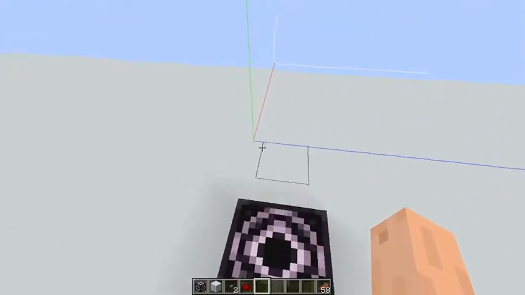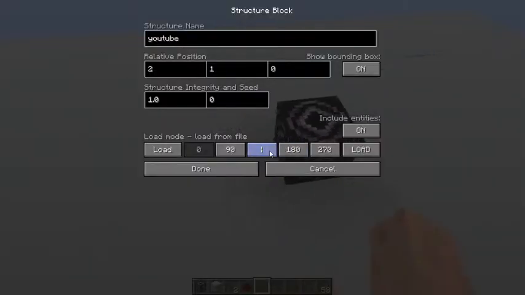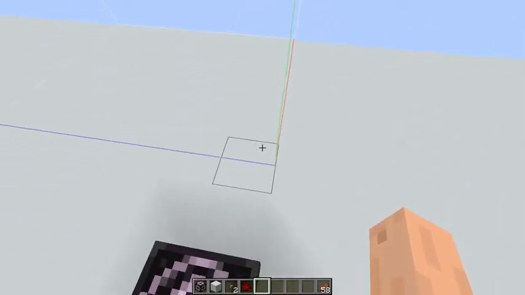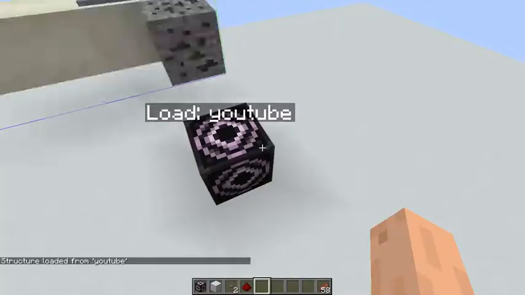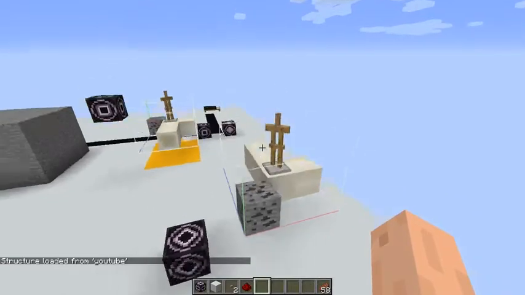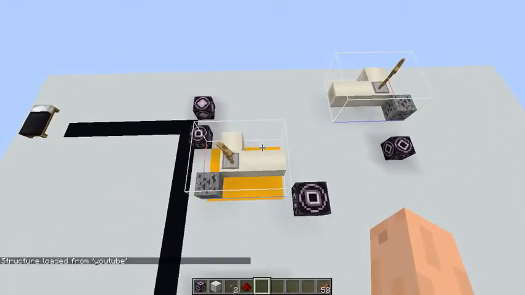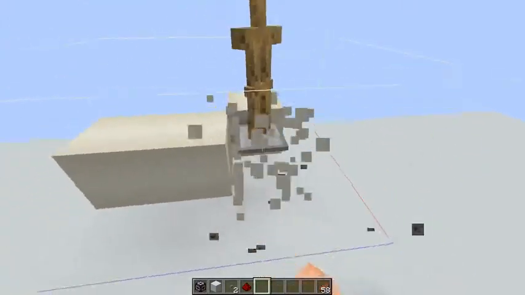No, yes, x is going this way and z is going this way. But you do this, and then the x-axis is like the mirror line. So the z-axis is going this way. Now let's load this. You'll see it's becoming an exact mirror of our original structure. Fascinating, isn't it? Now let's destroy the structure and